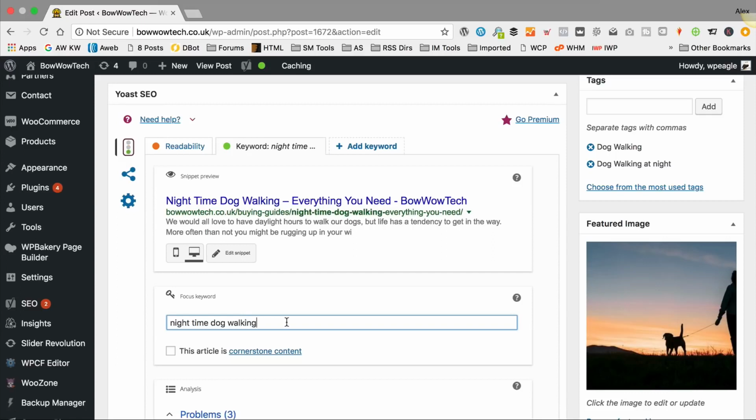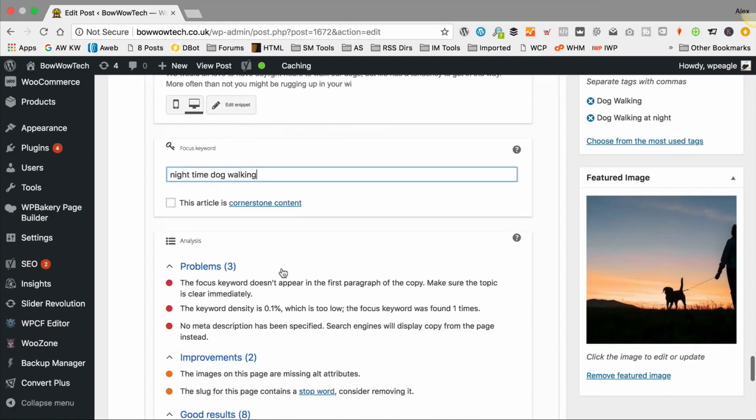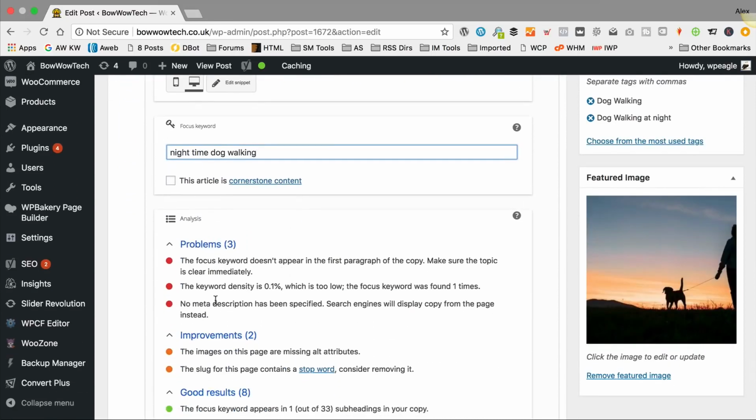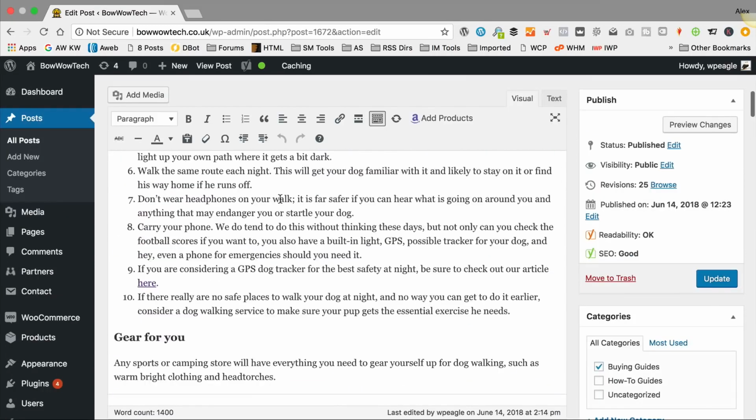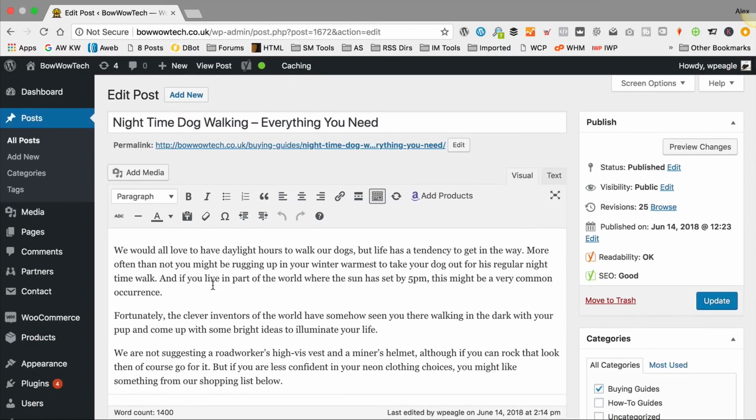And once you've entered that keyword, you get a score, and mine's gone green, which is good. And that'll tell you how well the article is optimized around this keyword. So there are a few issues. The focus keyword doesn't appear in the first paragraph of copy. So you could then come back up and fix that problem by